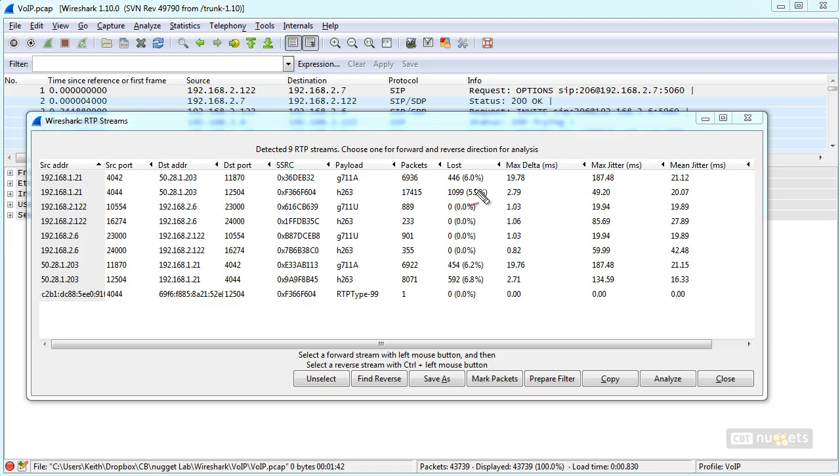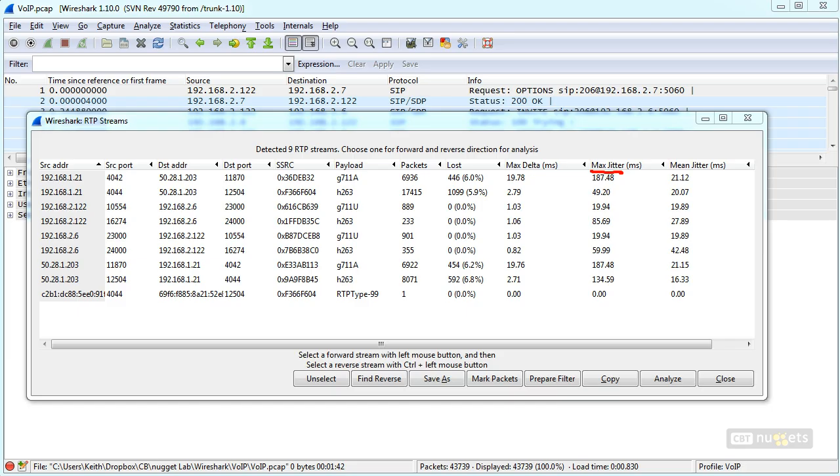If our lost is too high, we also have jitter. Now, jitter can also destroy a voice call. Jitter is a variance in the actual packet rate. For example, if we have a consistent flow of packets between a sender and receiver, for voice over IP, that is great because it's predictable, we can reassemble and play back the sound. But if we have a high jitter rate, for example, like above 50 or 60 milliseconds,